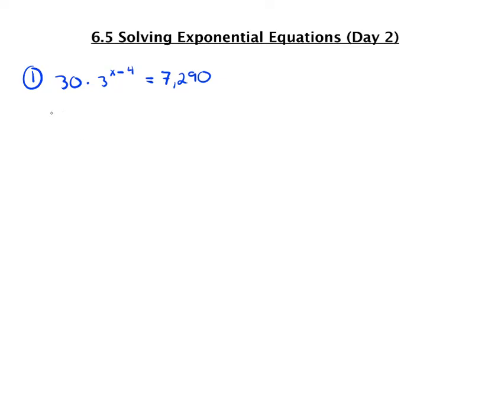Day 2. So here we have an equation, and some people are like, whoa, that's a big number. Well, it is, but notice that it goes nicely with 30. So what we'll do is just solve equations like we normally do, and we'll divide both sides by 30. So we're left with 3 to the power of x minus 4 equals, now the tens will cancel out, and so now I have to think about, well, can 3 go into